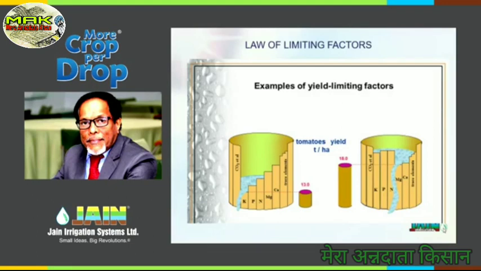In the cylinder on your right side and my left side, you see it gets about 13 tons per hectare, very low yield of tomato for that matter. And then you see from the tank, the water is coming out at the lowest point, and the lowest point is potassium, which means the tank cannot hold more yield because potassium is less. So the tank is not complete. It is leaking there. So in other words, the crop cannot grow. So potassium is actually limiting there.